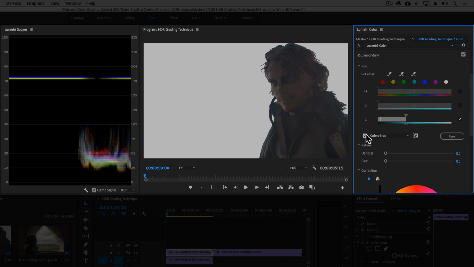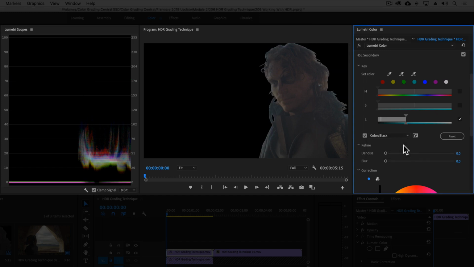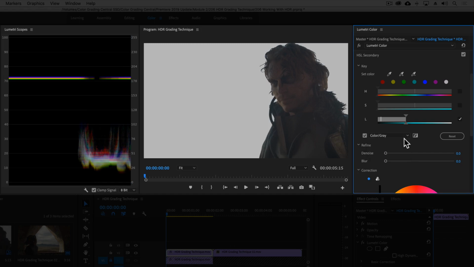There are different ways to view your key in this drop-down menu. We can change the view to color and black, white and black, or leave it at the default setting of color and gray. It's a good idea to add some softening to the key by dragging the triangle on the bottom like so. We can also refine our key by increasing the denoise slider and by adding a slight blur to the edges. Now with our talent selected, let's turn off the highlight view